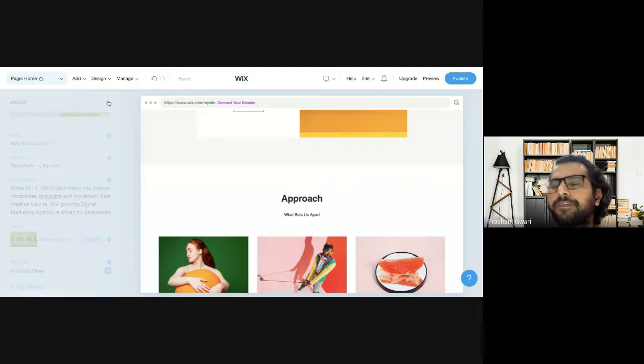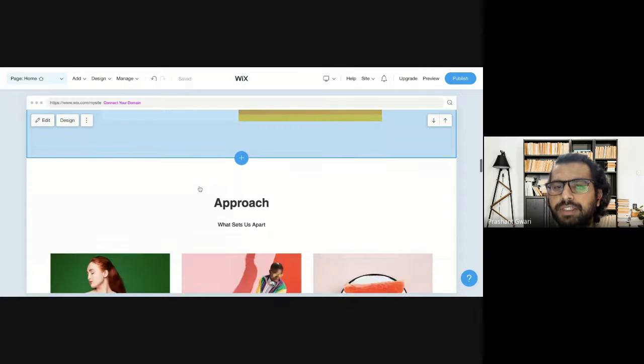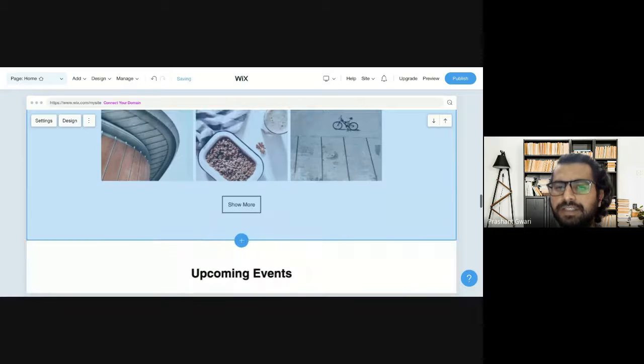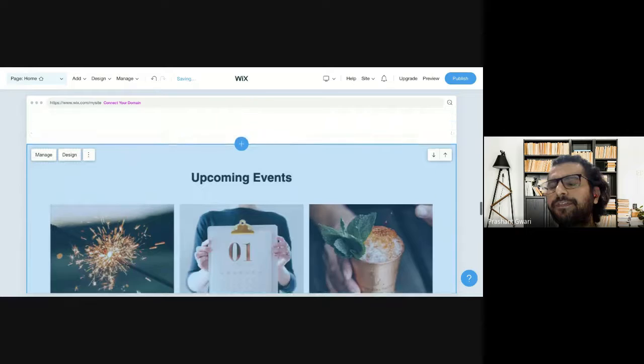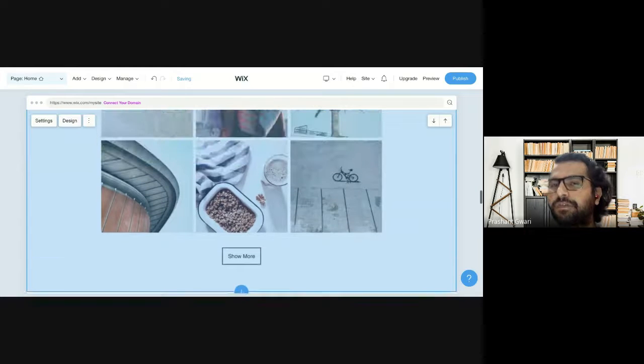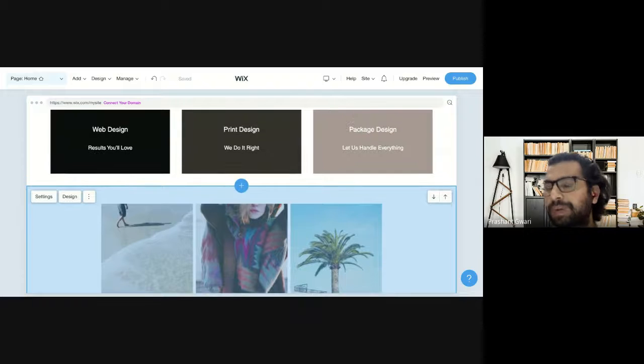Or if you want to add another section in your website, because if you see after this approach section, we have an Instagram section, I guess, event section. So what if you want to showcase something extra on your website other than these sections, because you have to impress your potential customer with your home page. And how will you do that?